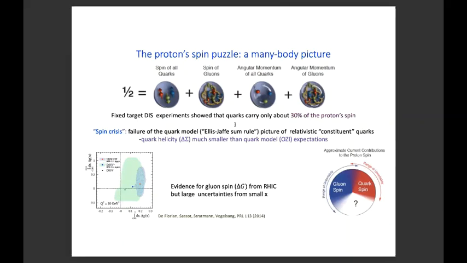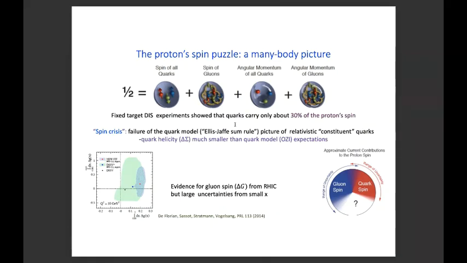So what we know is that the proton is a complex many-body system, and so the one half of its spin is some many-body composite of the spins of the quarks, the gluons, and their angular momenta. In particular, there's a famous sum rule called the Jaffe-Manohar sum rule, which is a particular decomposition of this in this way. And that's not going to be my focus in this talk at all. You can actually extract information about the quark helicity of the proton independently from experiments, and that's what I'm going to be focusing on.